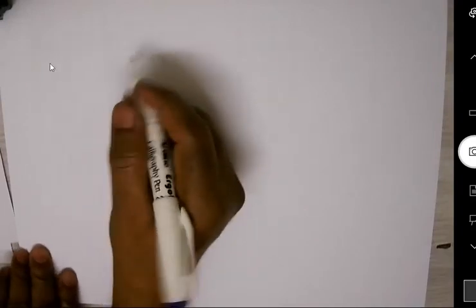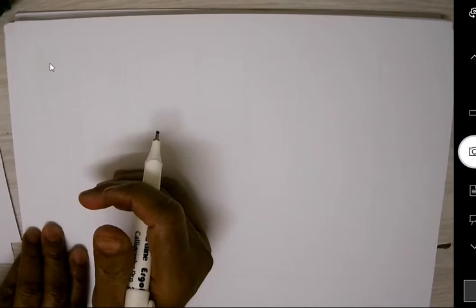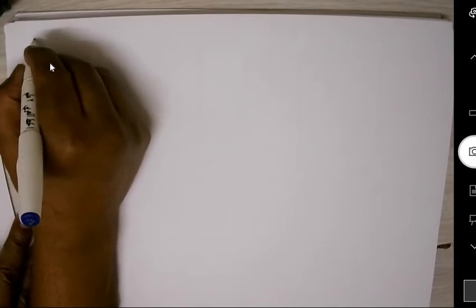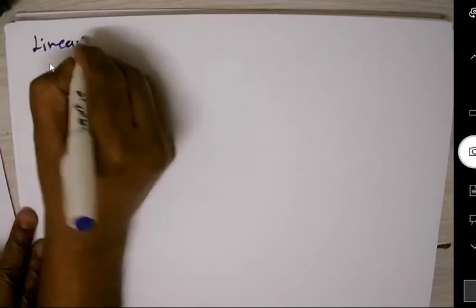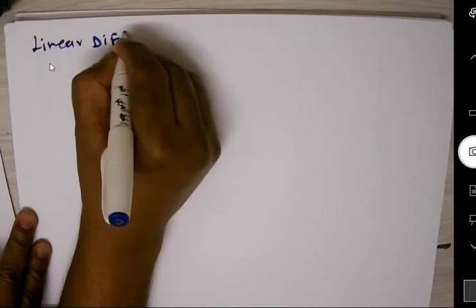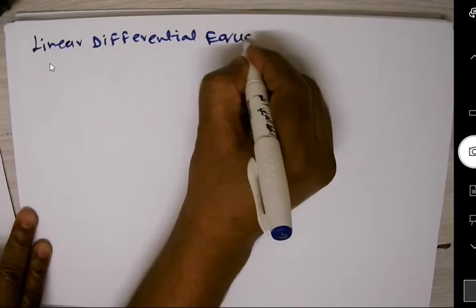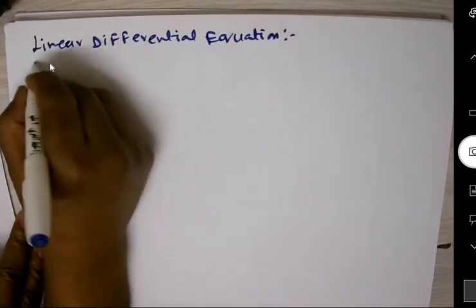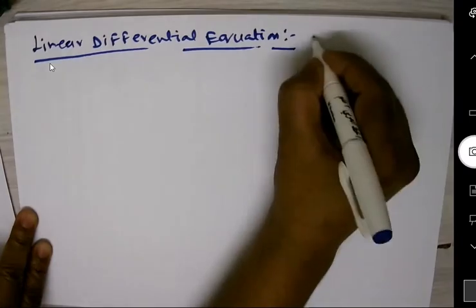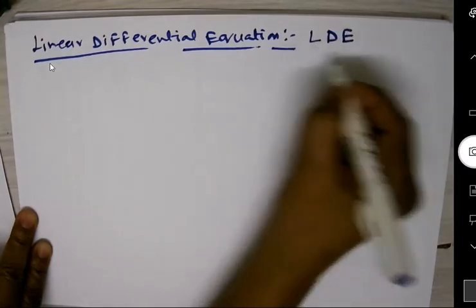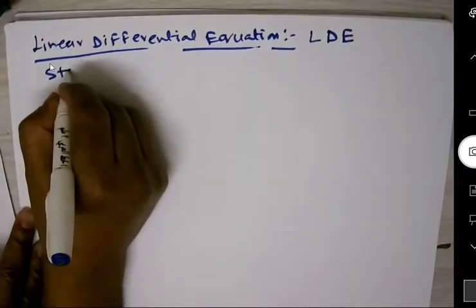Hello my dear friends, I am going to explain to you today linear differential equation. What is the standard form of linear differential equation and how we can solve it? Linear differential equation we can abbreviate as LDE. The standard form of linear differential equation is